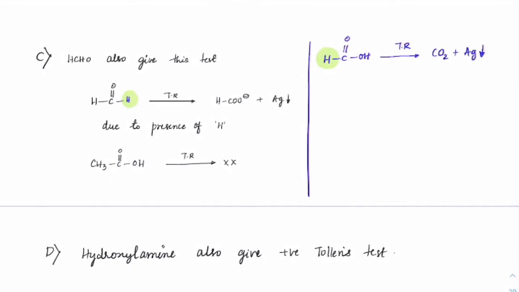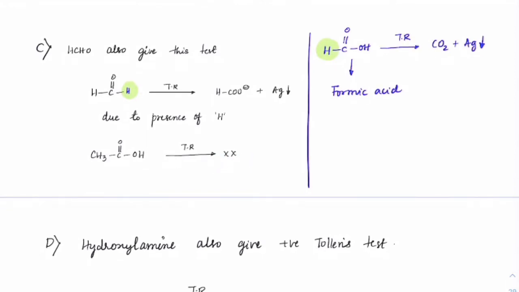So this is a special case where formic acid is also getting oxidized further to get carbon dioxide. So rather, this is the only acid you will see there is a reaction with Tollens reagent. The minute you come across the acetic acid, now there is no hydrogen here, so no reaction with Tollens reagent. Okay, so this is the next case.